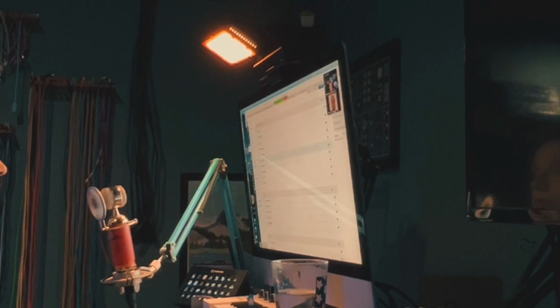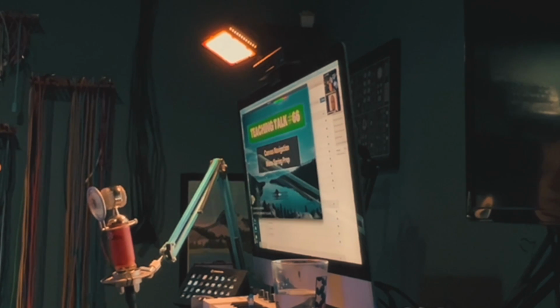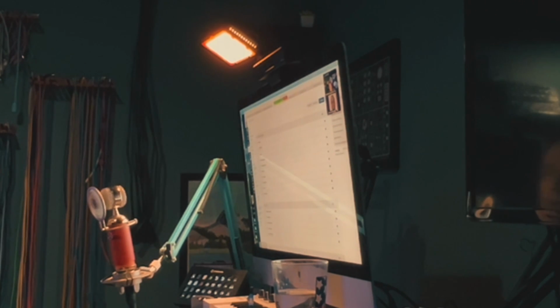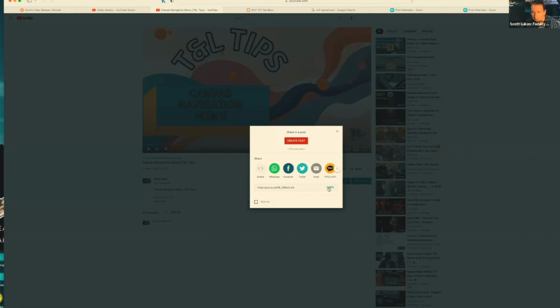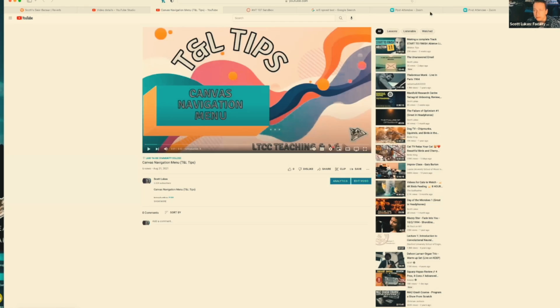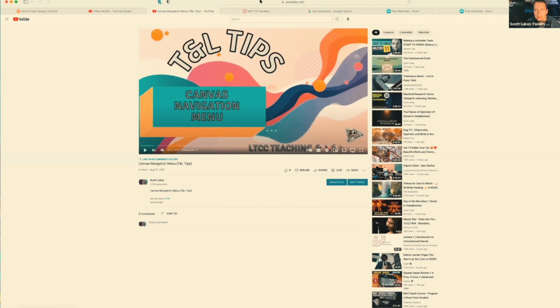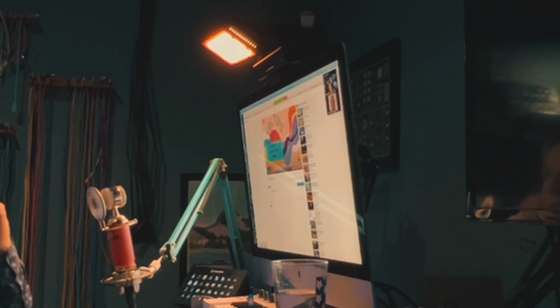So today we'll talk about the navigation menu and just really all the menus inside of Canvas, and then we'll also discuss any Spring issues or other Canvas concerns. I wanted to mention I do have a video. I will share this in the chat here, and I'll be sure to link this in the video I create from today. And this is just a short YouTube video on using the Canvas navigation menu.